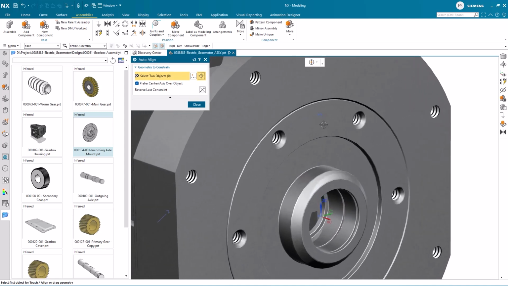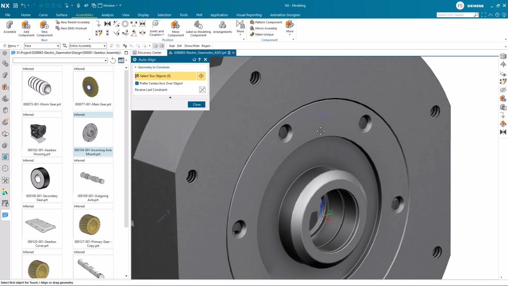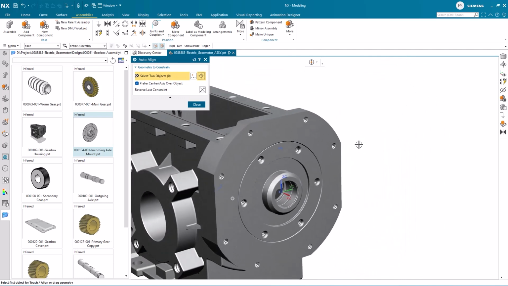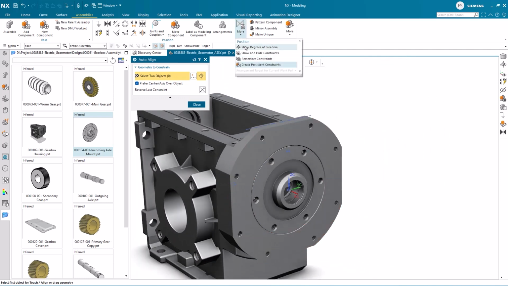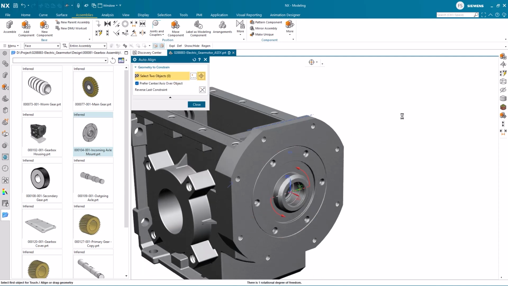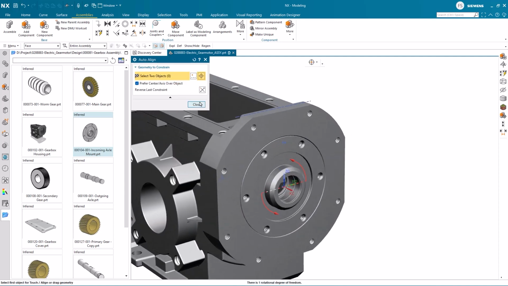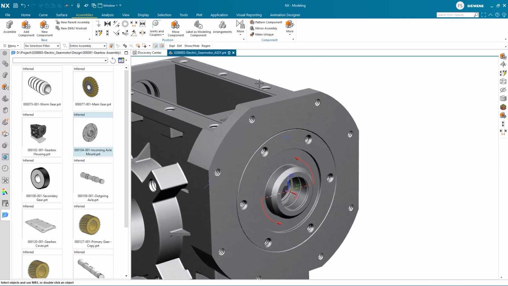Still within the Auto Align tool, we can easily check if a component is free to move in any way, or the so-called degree of freedom. To do this, we simply hover over the component we want to check for degree of freedom, press and hold the left mouse button, and move the mouse to see what moves. Here we can see that the incoming mounting plate still can rotate around its own axis. We can also utilize the Show Degree of Freedom and then select the component to check. The symbol shows the degree of freedom. The symbol is also temporary and goes away with the refresh of the screen.